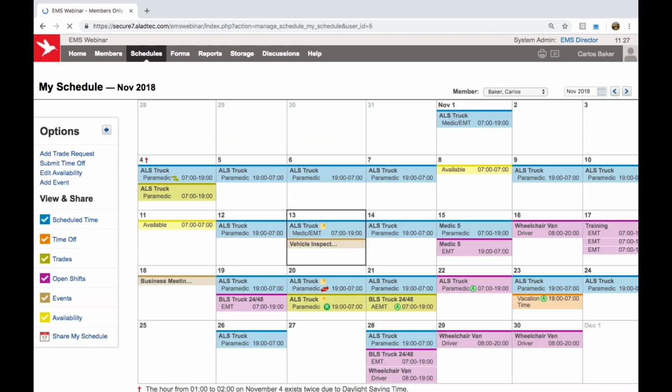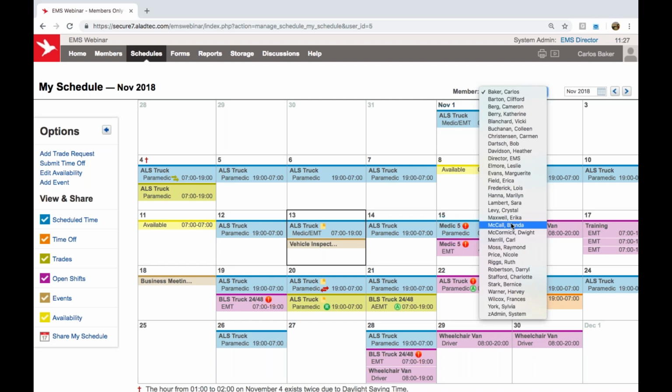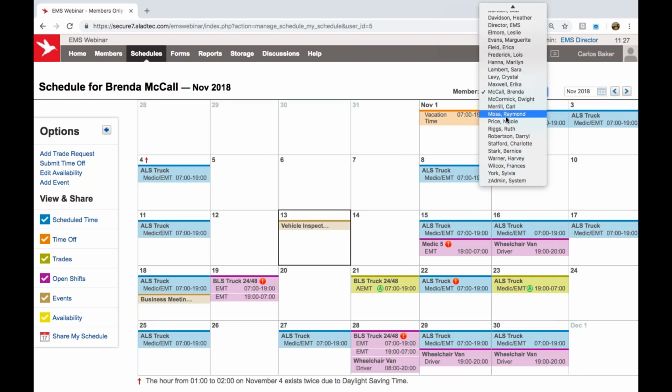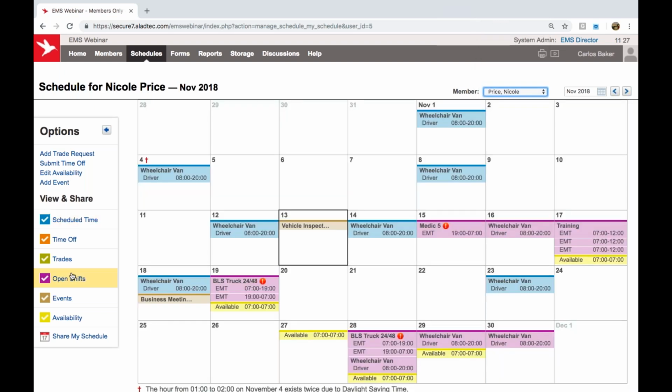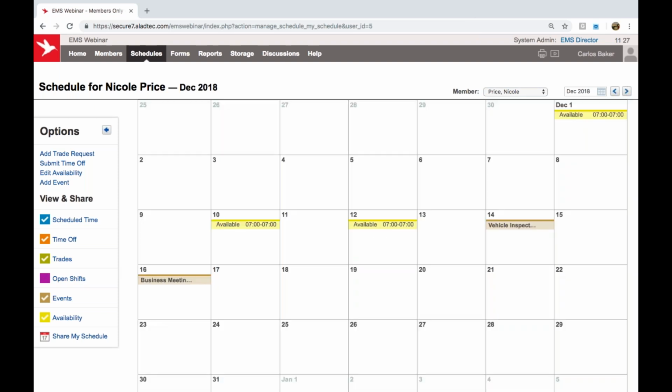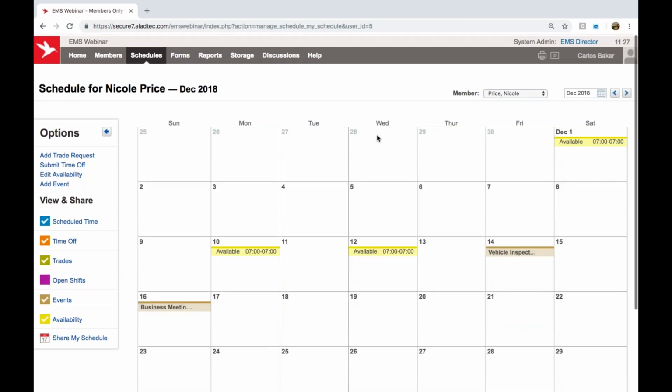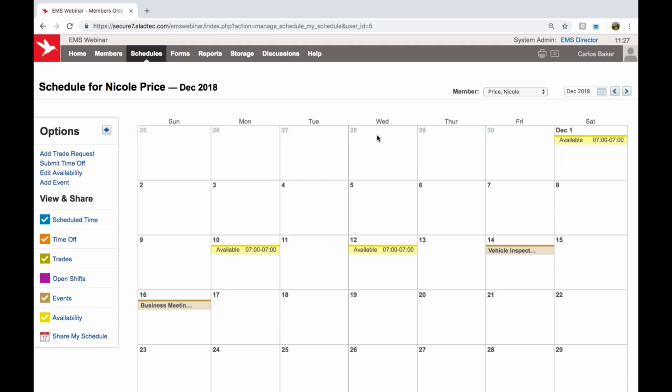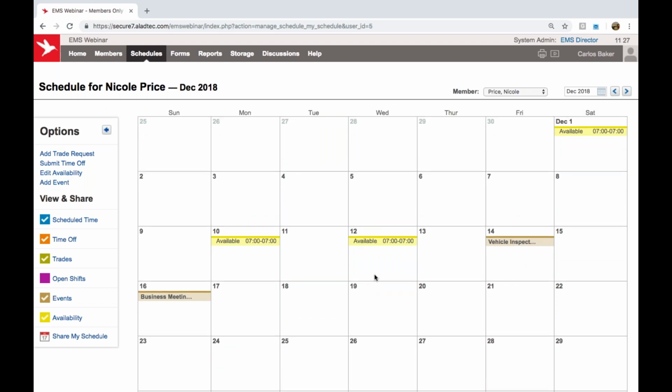All right, so really the next portion here, actually, I think it was Price we're going to go. And I wanted to talk a little bit about availability scheduling. I know a lot of departments do use our rotations, and essentially we can really build any sort of rotations that you need for any sort of variation of 1 day on, 2 days off, 3 days. It really doesn't matter. You let us know what you need, we can definitely structure that into the system. But when it comes to availability scheduling, this is a tool that we can use to allow our staff to go in and say for December,